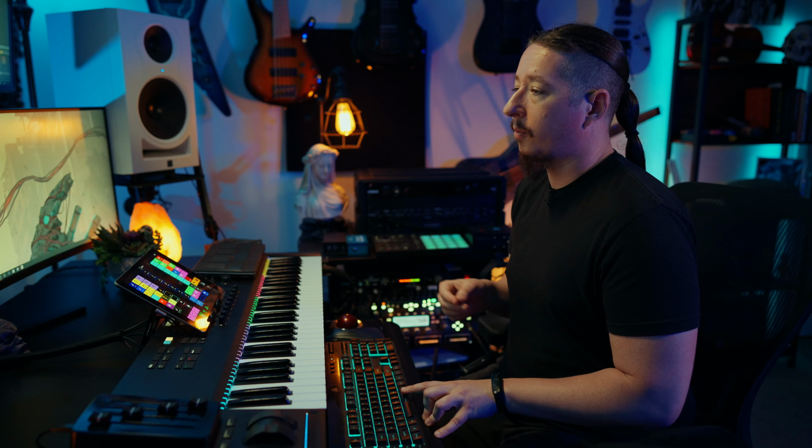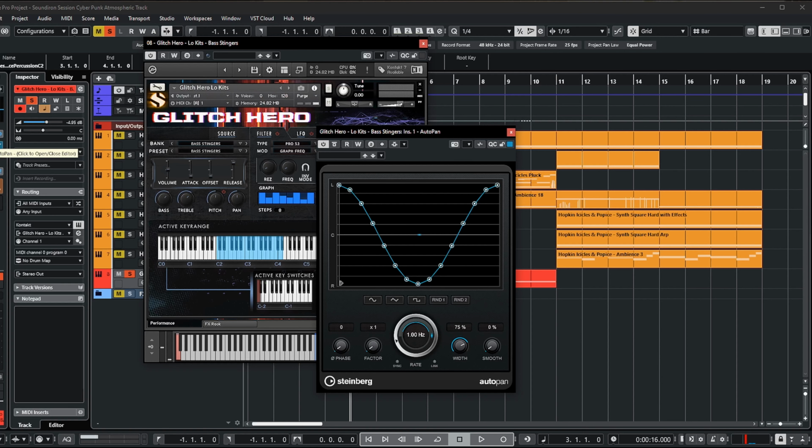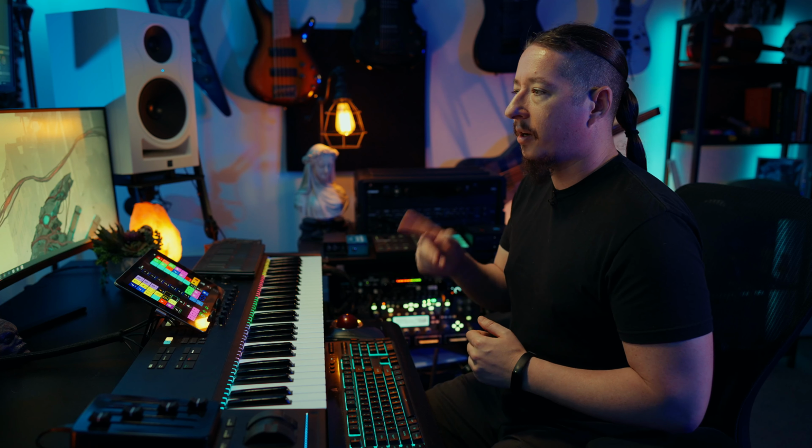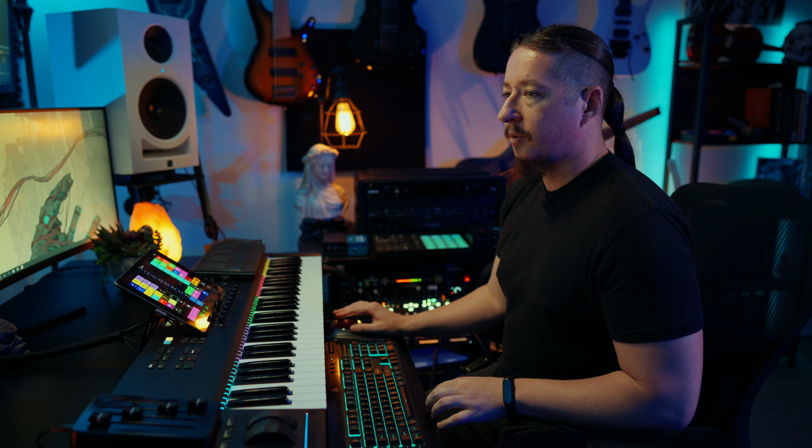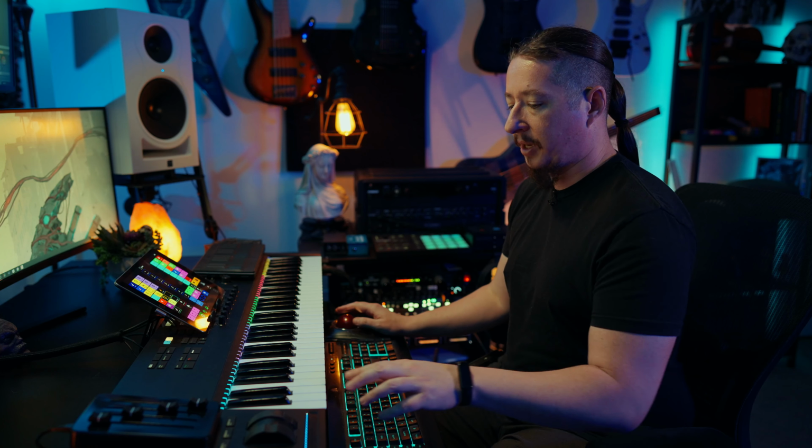And then on this sound, I'm using an AutoPan plugin from Cubase. This is built into Cubase, so if you have it, definitely experiment with it. I love this plugin. I believe I have it on another track on this demo as well. It just does this awesome job of panning stuff around and really adding a lot of movement to your track. So if we turn this off by itself,